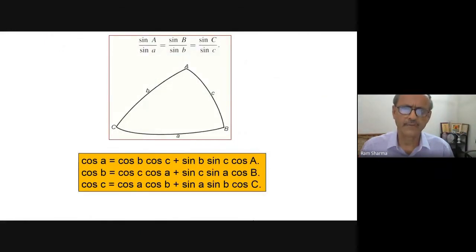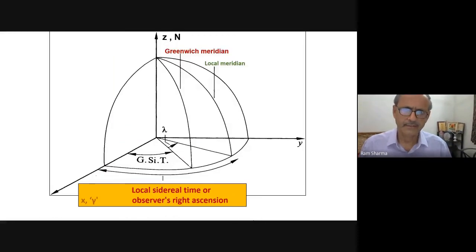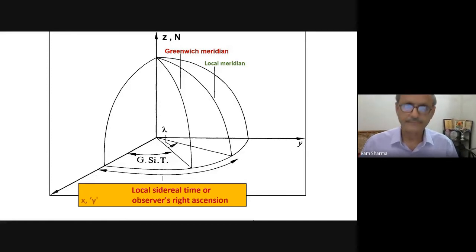We see mostly these two formulas from spherical trigonometry, which many times come into use in our calculations. And here, just to give Greenwich mean time, the Greenwich meridian passes through the Greenwich place, and then your local meridian may be there. So the angles are measured towards the east from Greenwich. That is how to calculate time, and we can use all these basics.